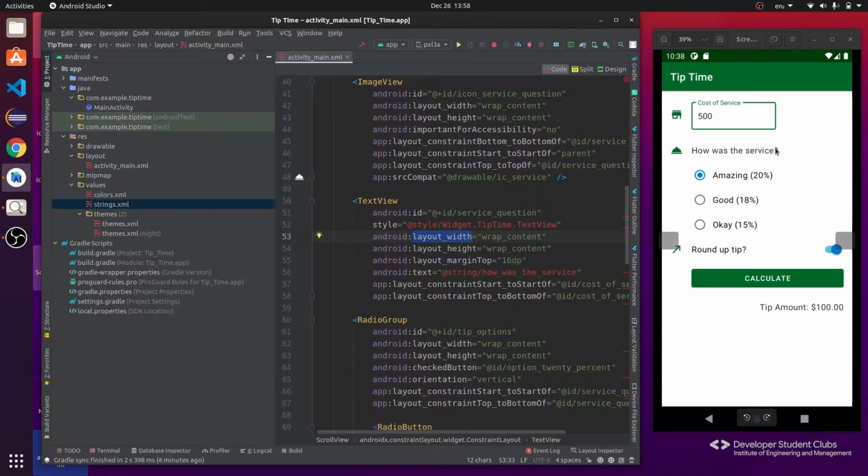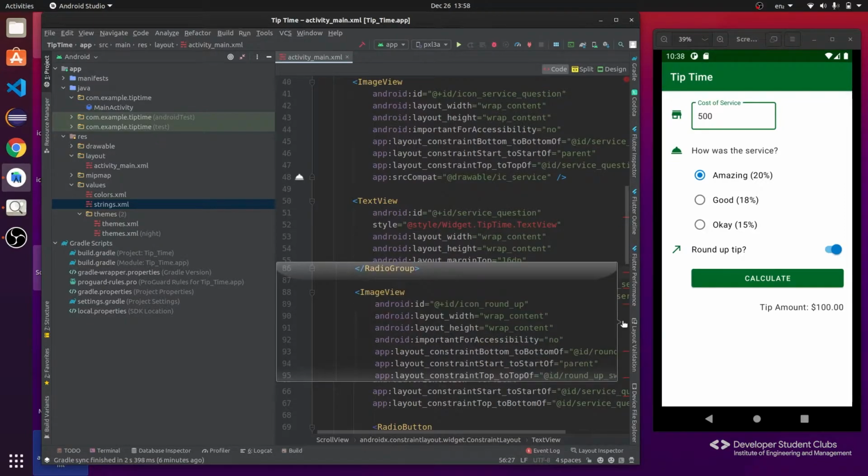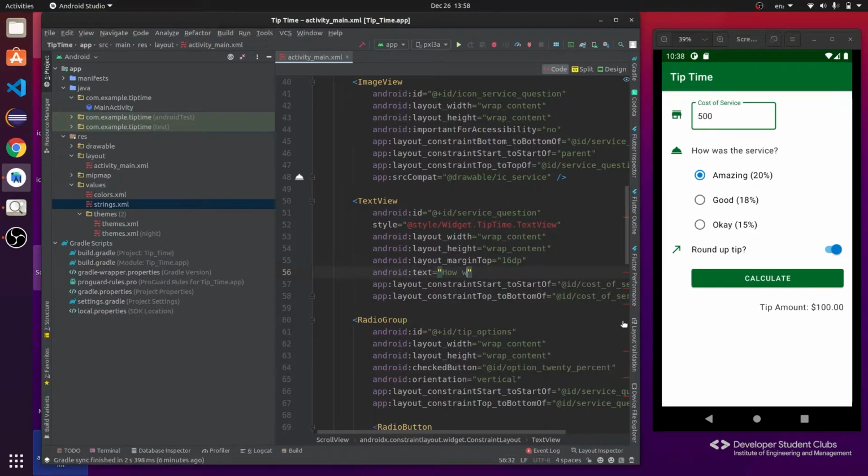So this container which holds this text is up to only this width and not exceeding more. Height is also wrap content. That means the container has the same height as the height of the text. Next, the string text is not visible. So what we can do is first of all we'll remove it and add the text, that is how was the service.